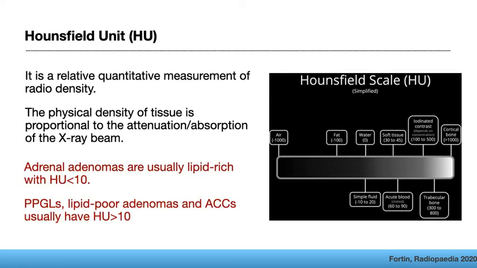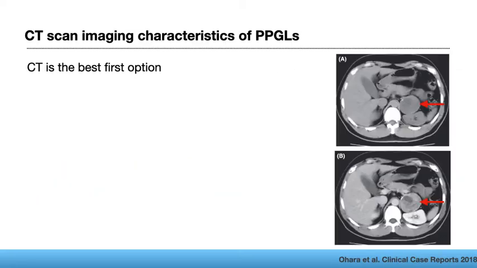That's why adrenal adenomas, which are usually lipid-rich, have a Hounsfield unit of less than 10. However, pheochromocytomas, paragangliomas, lipid-poor adenomas, and adrenocortical carcinomas, which are all lipid-poor, have a Hounsfield unit of more than 10. Again, I would like to emphasize that a CT scan is the best first option for localization of the primary